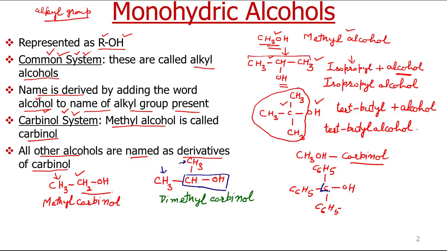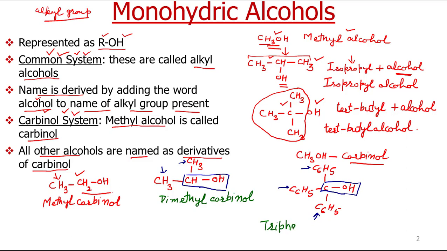This part is carbinol. Now it contains three substituents, three phenyl groups. For three we use tri, so its name will be triphenyl. I will write here its name is tri